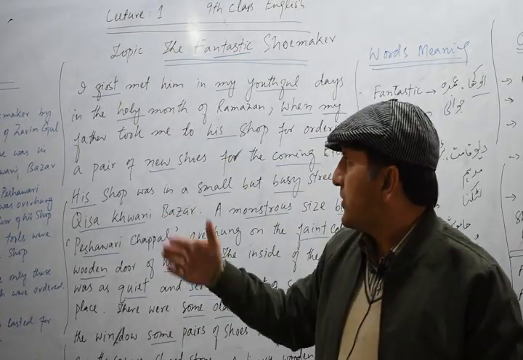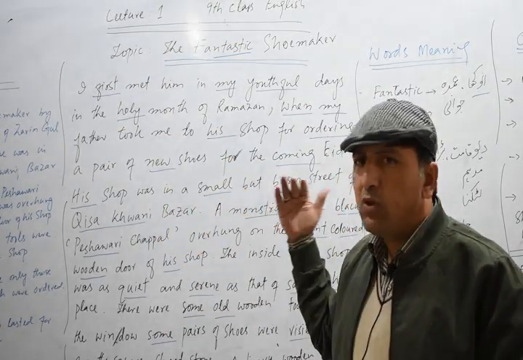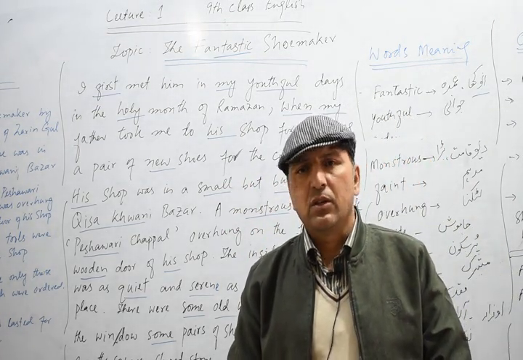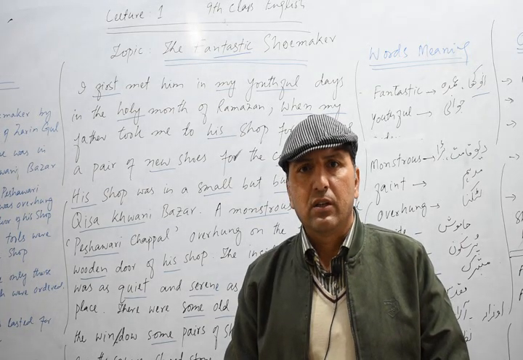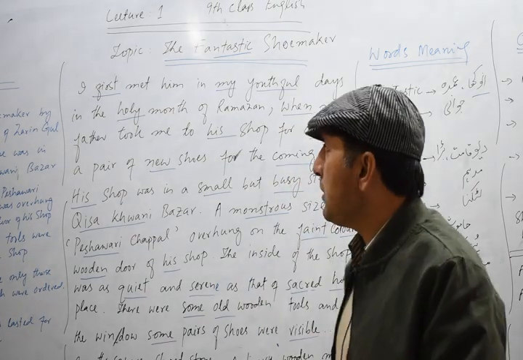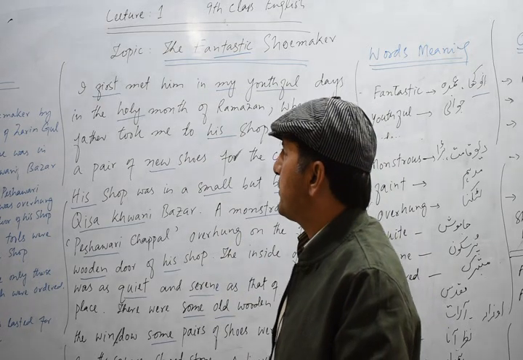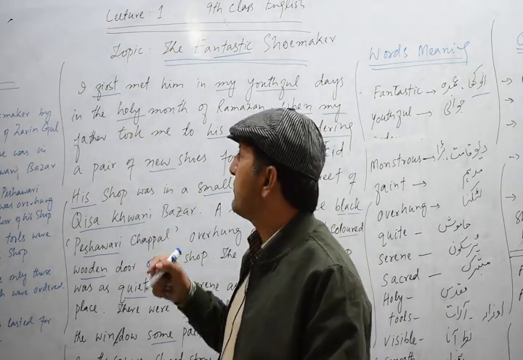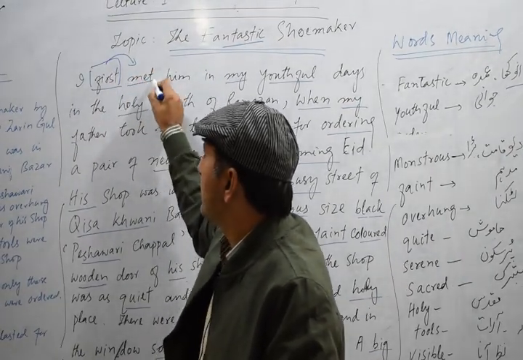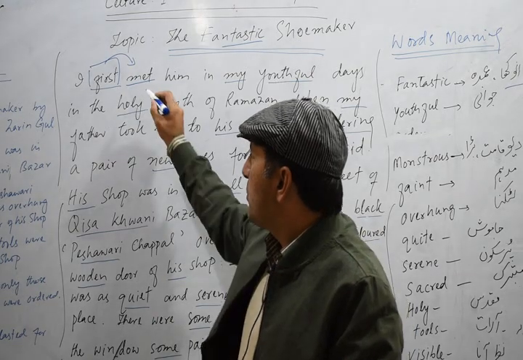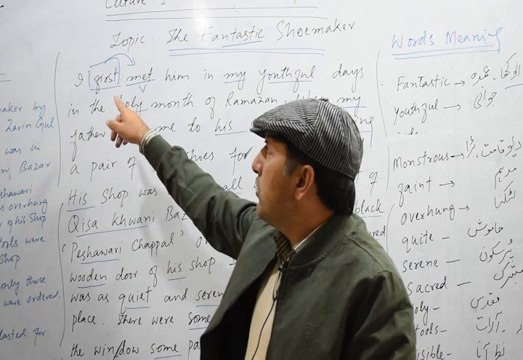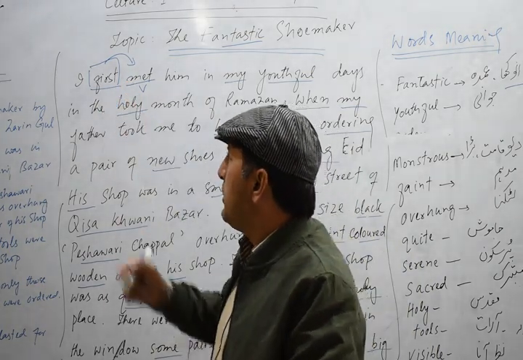Okay, after sketch, translation, and words meaning, let me tell you about the grammatical structures which can be found inside the sentences of the text. So let's discuss it. Now you see, we have the first word, fast. What is fast? Basically, this word tells us about the verb. And any word which tells us about a verb, we call it an adverb.